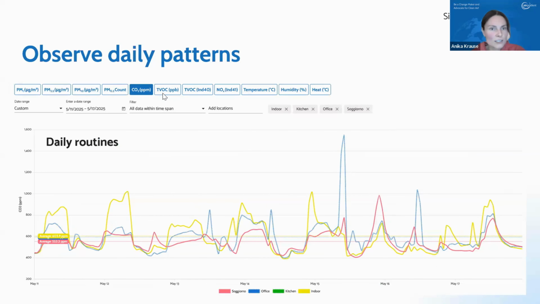Now I can also look at CO2, and then I can see my daily routines. I can see when I sleep in my bedroom, then CO2 goes up because I'm sleeping there, and I can see when I'm working in the office because then the CO2 spikes there. And now people will think I'm a very lazy worker. But remember that the sun came around during lunchtime. So that's, of course, when I opened the window because it got too hot. So I was actually longer in the office, believe it or not.